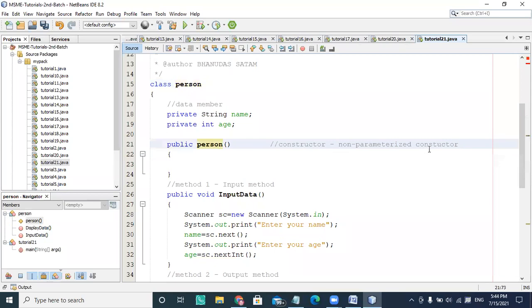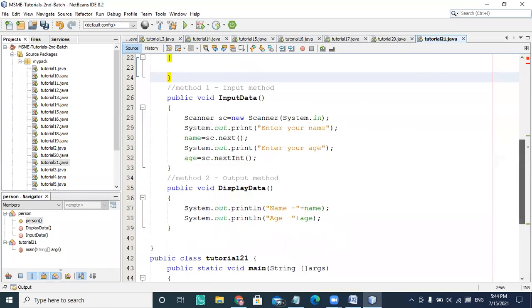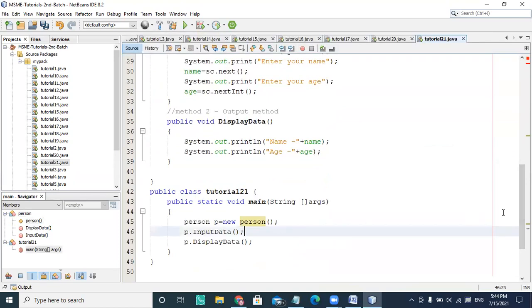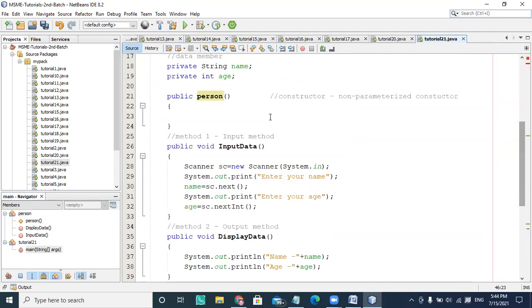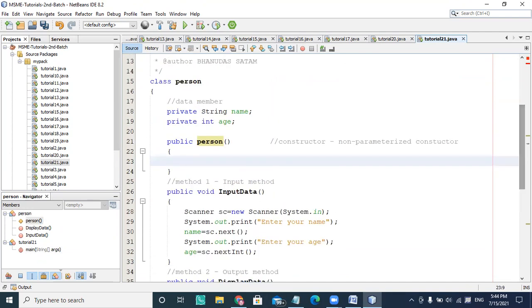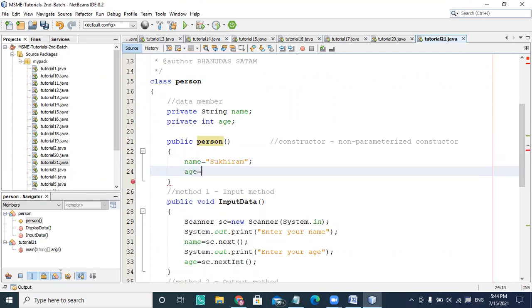Okay, so the name suggests that constructor means when the object is being constructed, at that time the constructor is getting called, and you can assign any value. So I'm assigning a name equal to Sukhiram. Okay, so this is the name of the person, suppose, and his age is suppose 34.